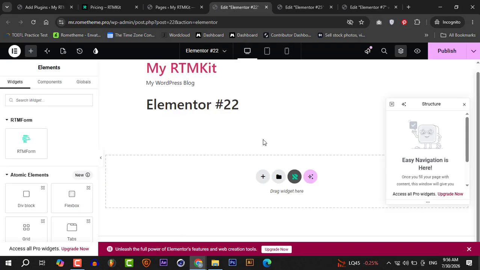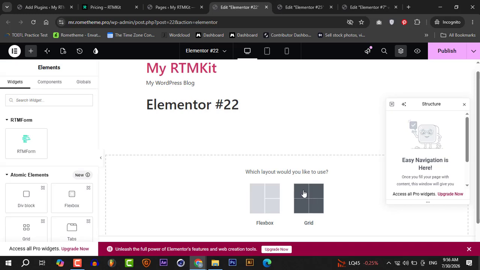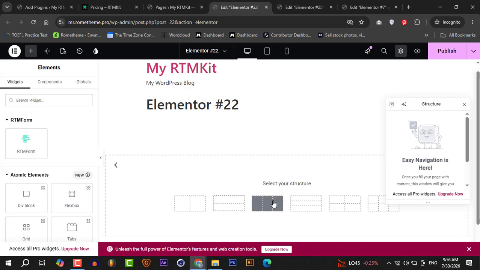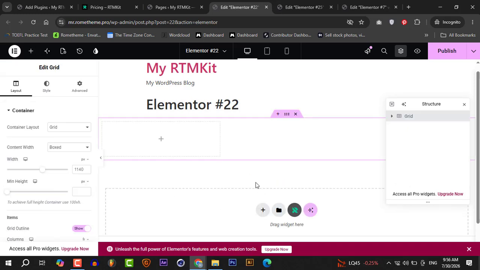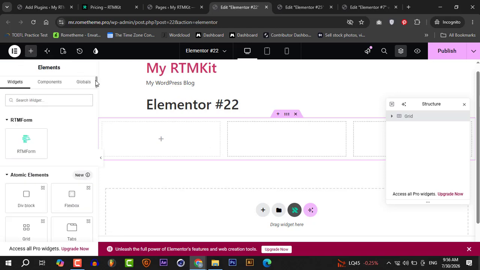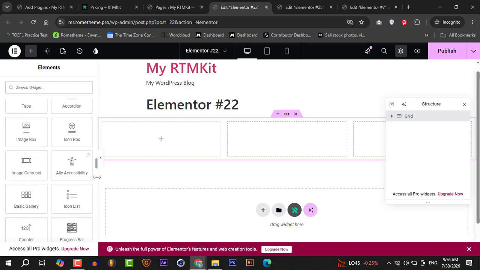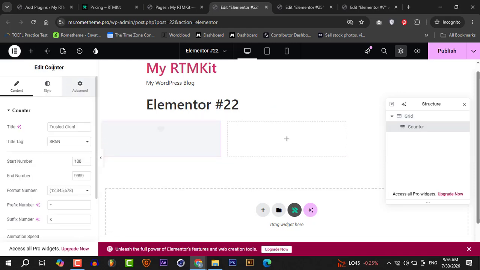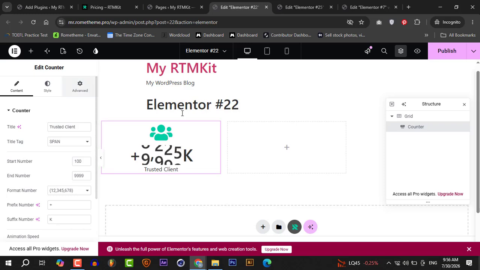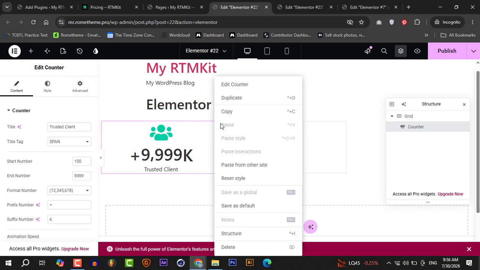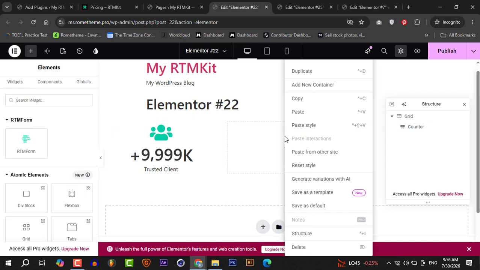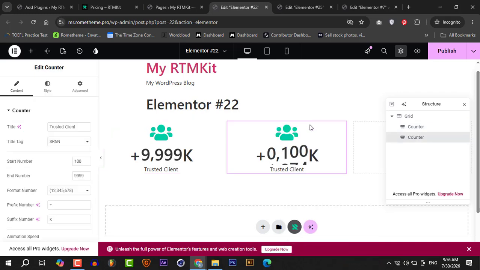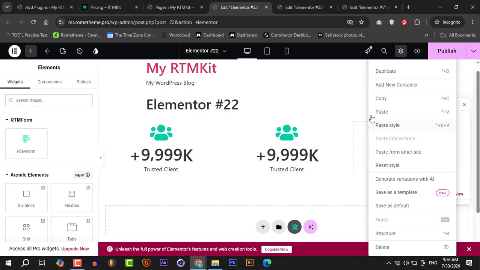And let's get started. First, you create a grid, 3 grid, and add element. You go to contour, and you copy paste contour, paste it also here,